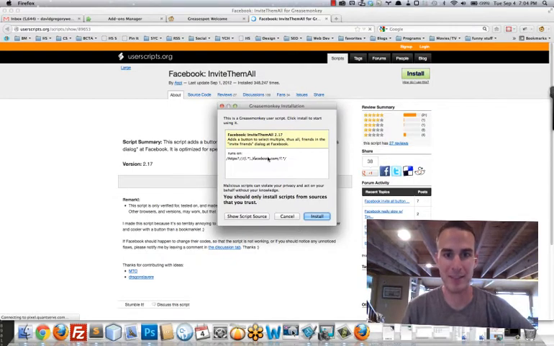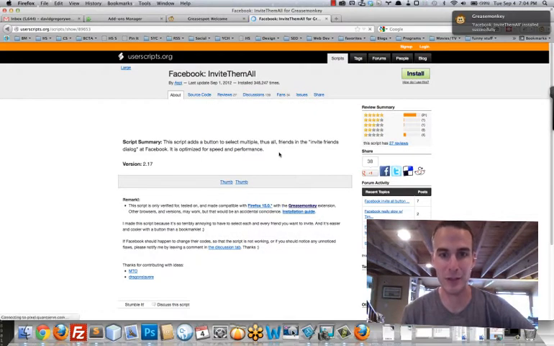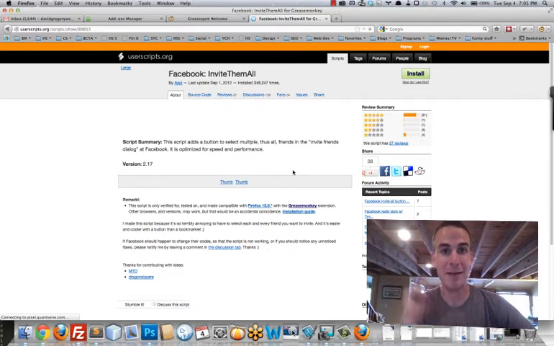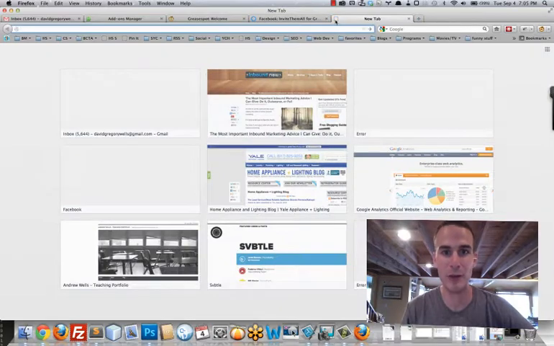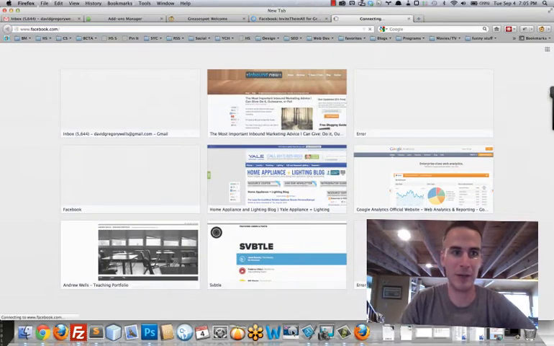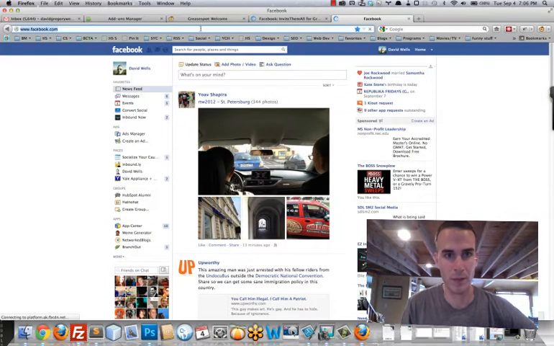That will pop up this dialog where it says, hey, we're going to run this script on facebook.com, and go ahead and click install. So now that script, as you can see in your notification if you're on Mac, I don't know if it'll give you a notification if you're on PC, but that script is installed. And let me show you what that has done. So if I travel into my Facebook account now, and head into my Facebook fan page,